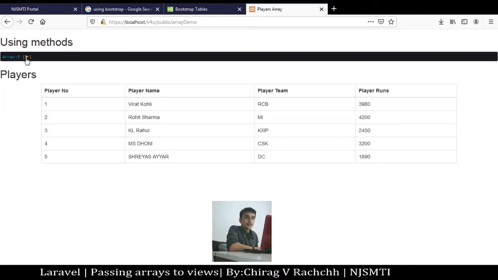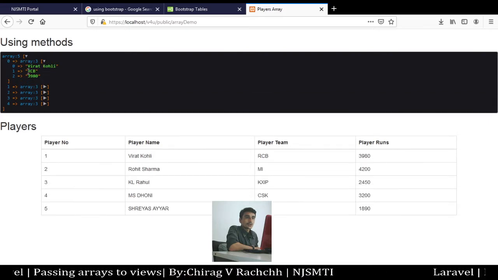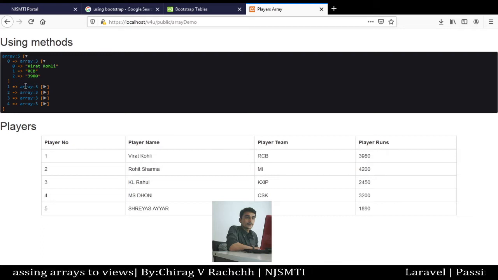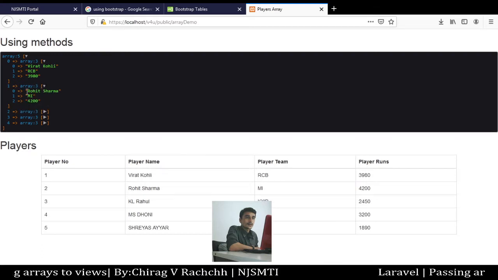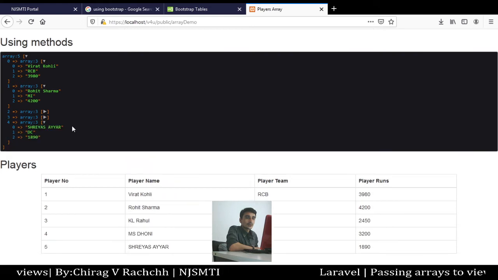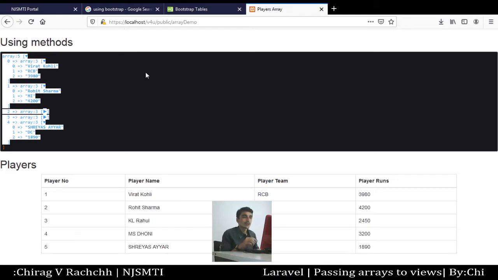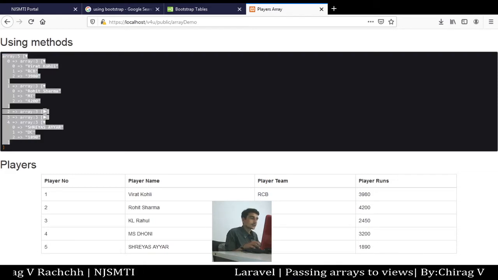Okay, array of 5 elements. Clicking on the 0 element is Virat Kohli, RCB 3980. The first element is again an array, Rohit Sharma, MI 4200. Similarly, we can check all the elements. This mechanism is useful when we are testing the array or testing our application, how it works.